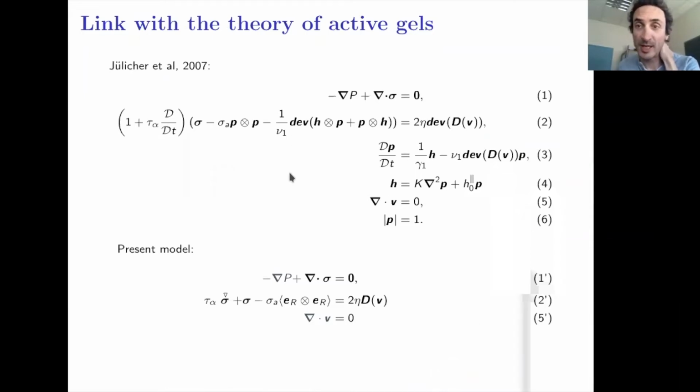So instead of having this vector R that I had, and which elongates with the flow and is directly linked with the stress tensor through entropic elasticity, they use a field of polarity which has always a modulus of 1